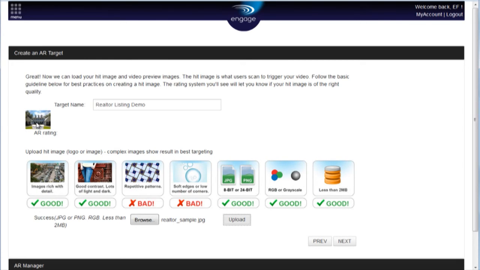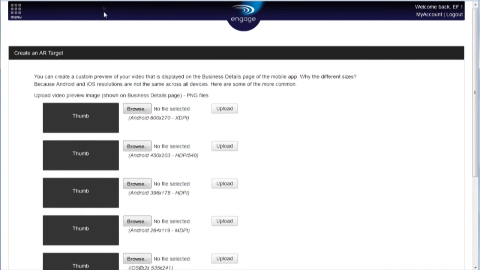So we're waiting for AR to give us a rating back. It'll rate it between 1 and 5. And the higher the rating, the more scannable the image is. Okay, so this is supposed to return that when it's ready. Again, it takes a little time for the system to process the image, so you may not see the rating here right away, simply because it takes a few minutes to process that image into the system. I'll go ahead and hit next, and then